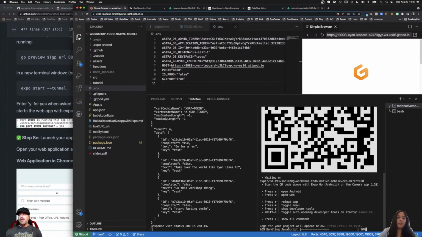All right, so you scan the QR code. You'll see it's loading down here, right? It's going to bundle it up. It's actually doing a bunch of optimizations and stuff. But then at the end, if you've loaded Expo Go, when you scan that with your phone, it'll automatically load the app in Expo Go. And then after just a moment,